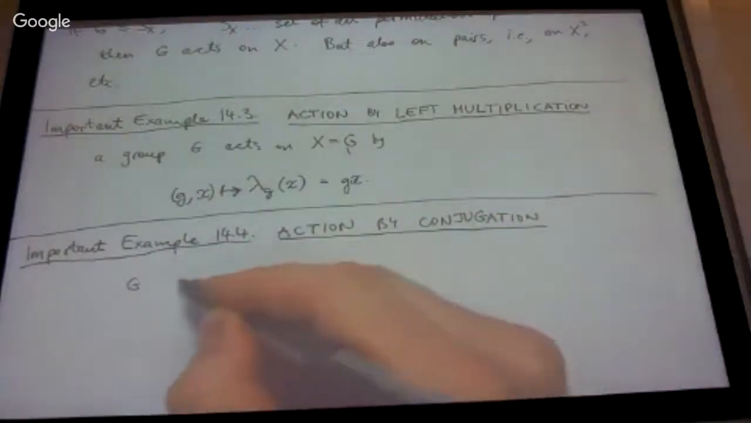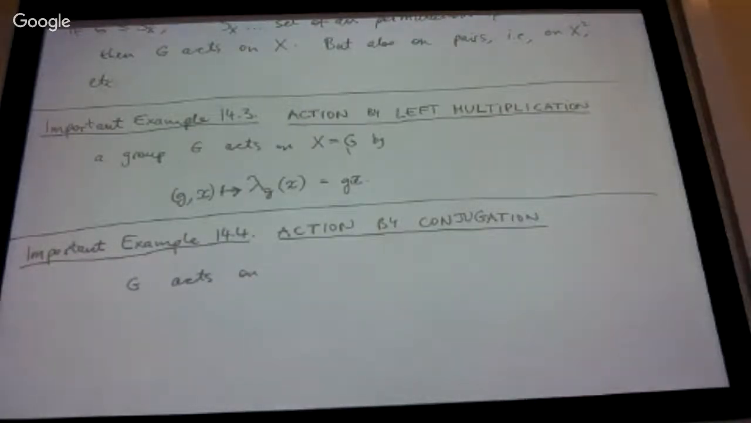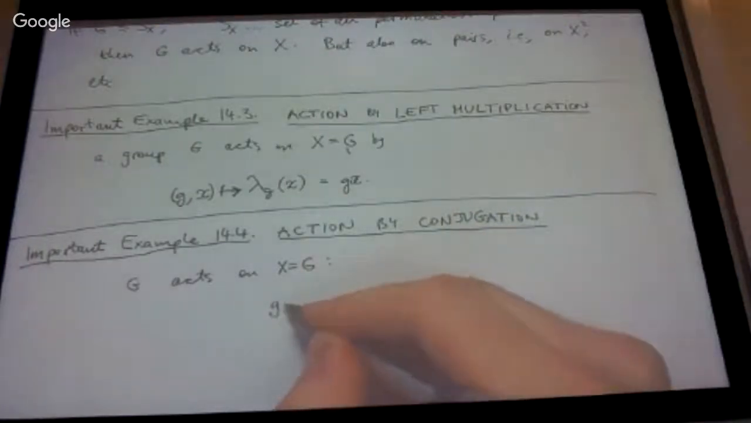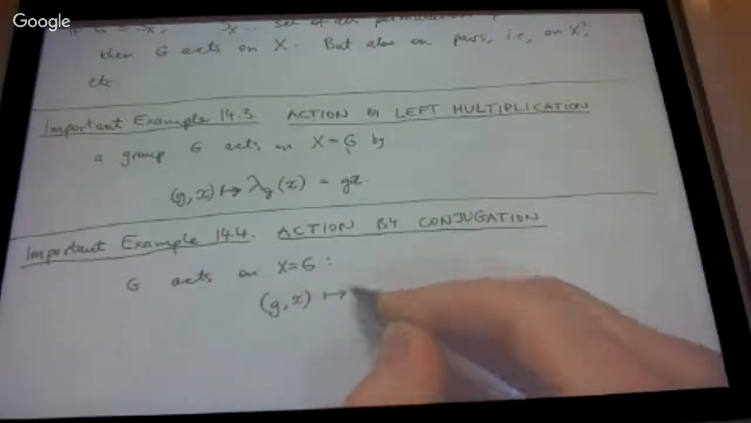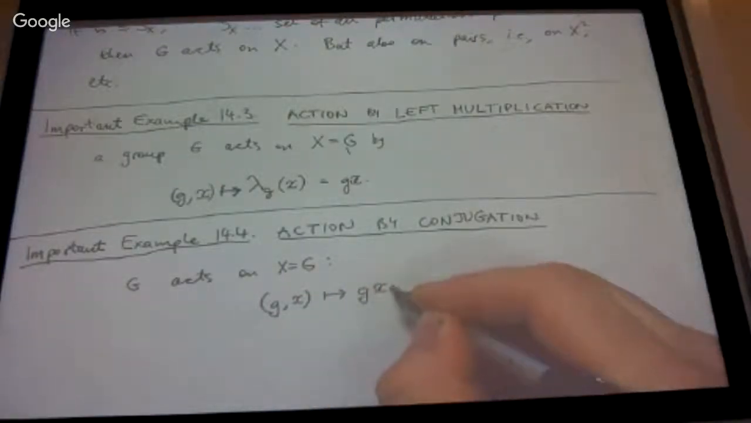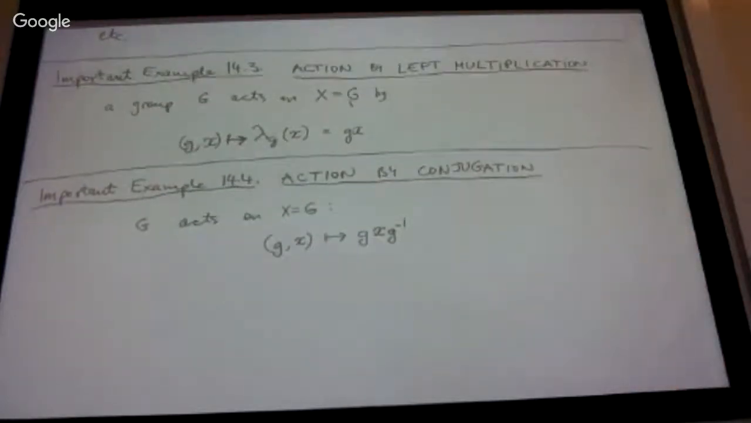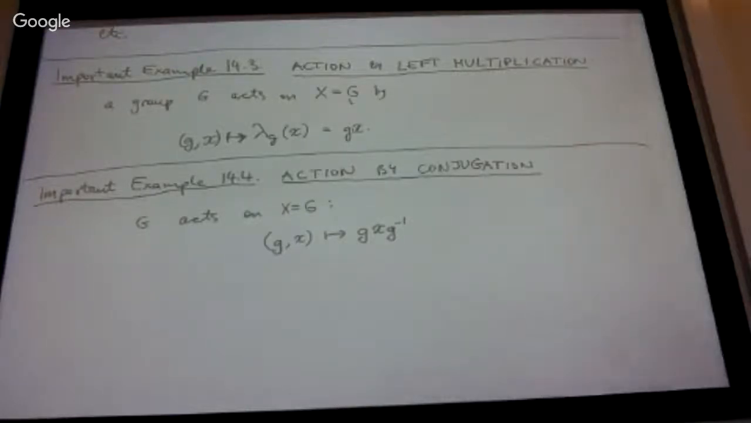So this is again, G acts on... no. Okay. So when you get some G and some X, this thing gives you GXG inverse. This is very rarely denoted GX because GX is something else. So we don't know that now. But also it can be